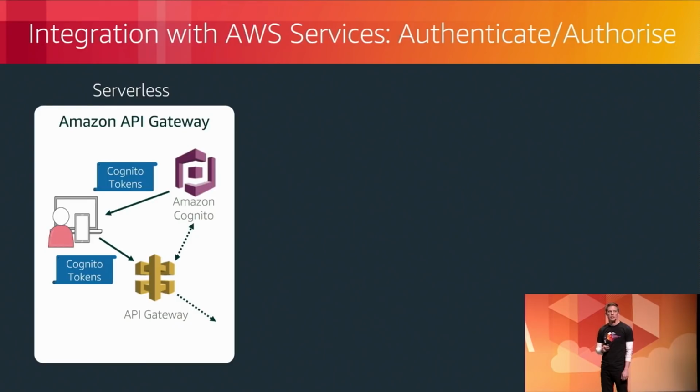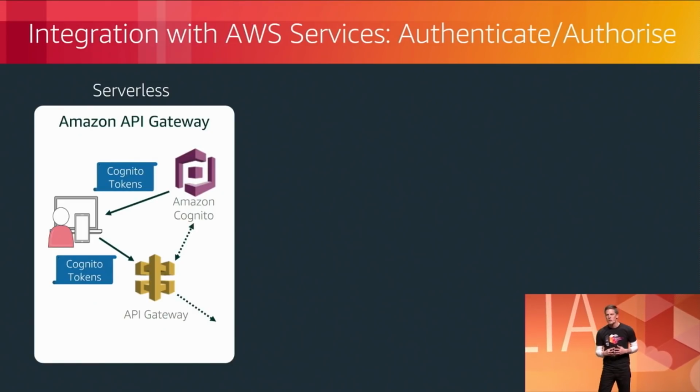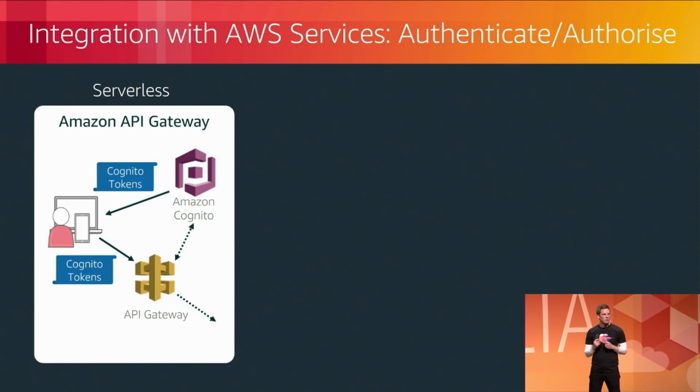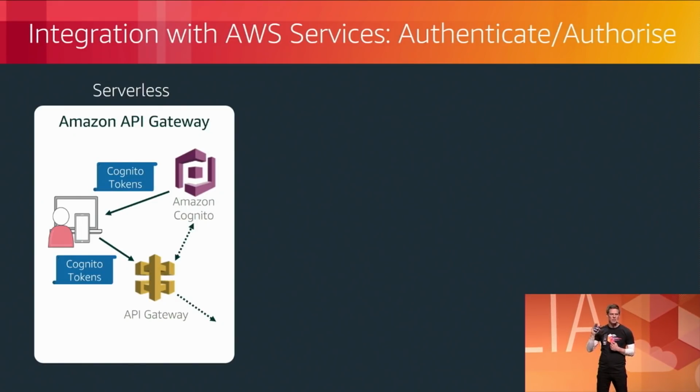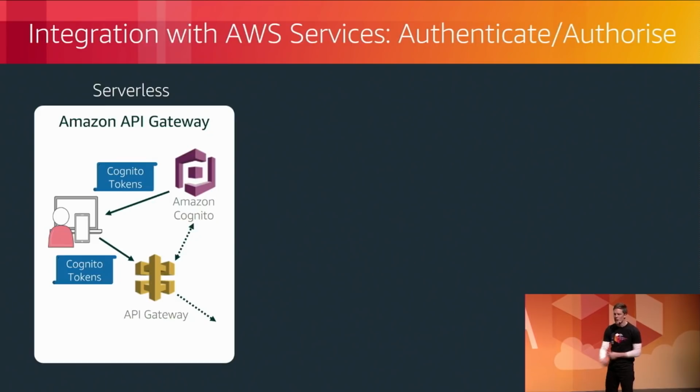What if I actually want to integrate Cognito Identity Platform with my applications in AWS? Let's take our first example of a serverless application. Most serverless applications will be fronted by our API gateway. So I have my application, and it authenticates against Cognito and is given back a JSON web token. I then put that JSON web token into the header when I call my API gateway. API gateway recognizes that that payload is in the header and uses a Cognito authorizer on the back end, easily integrated, to check that that user is valid and has an active session. If Cognito replies with a success message, it will allow that user to continue their flow into the backend infrastructure that makes up my app.